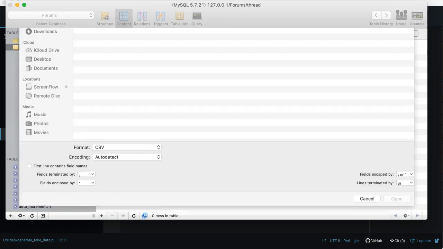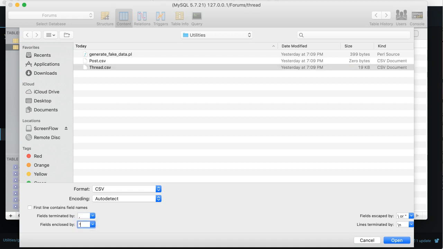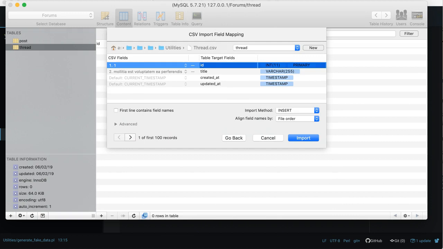Click on import and select the thread.csv from the path, and then check the separator is comma and the fields enclosed by inverted commas, which is correct, and click on open. And the CSV first field is ID, yeah, it's correct, and the second field is title, that is correct, and the updated at and the created at columns are updated automatically. So click on import,